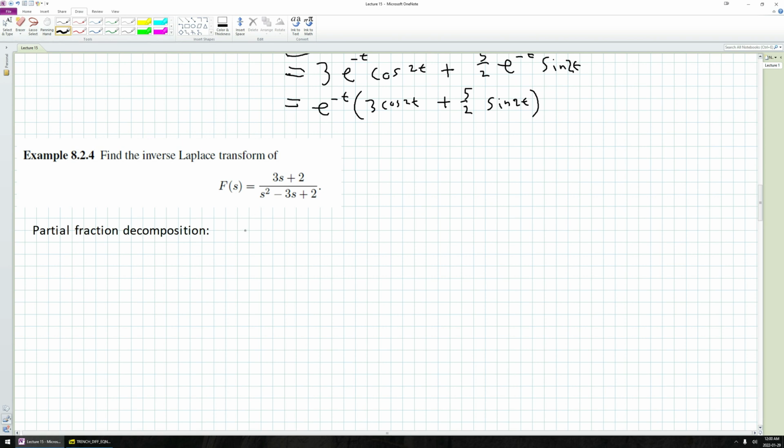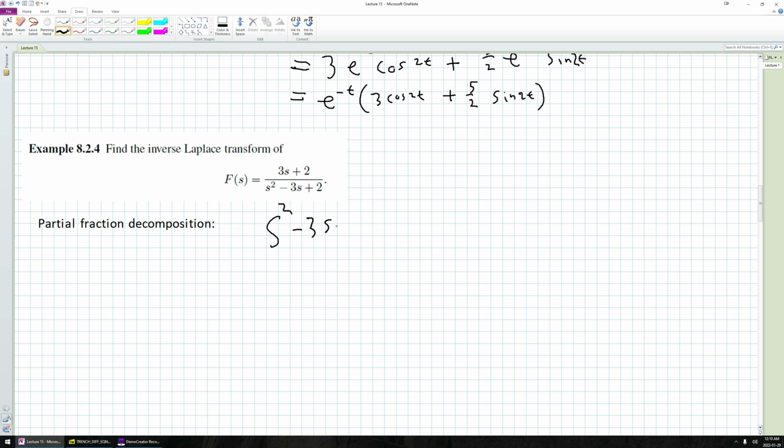Okay, so from here, if I want to do partial fraction decomposition, I first have to note how this thing factors. Well, pretty clearly, it factors like so. Now from your days of doing partial fraction decomposition in the past, you should recall that the ansatz that we'd want to make is some constant divided by this plus some constant divided by this. Okay, so if I chase this out, we get